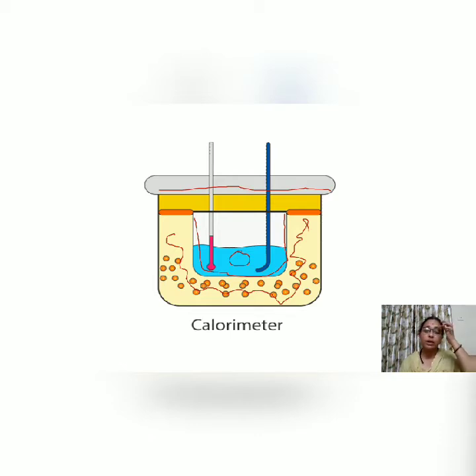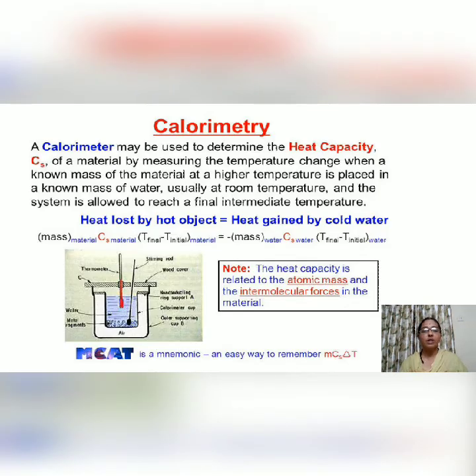So this is a calorimeter. We use water here because water has a great specific heat capacity. This is a real calorimeter given here. It is used to determine the specific heat capacity, given as Cs, of any material. We can measure its temperature and its mass, because mass and the absorption of heat relate to each other. If the mass of the substance is more and you keep heating, it will take longer to heat, but its specific heat capacity remains the same.